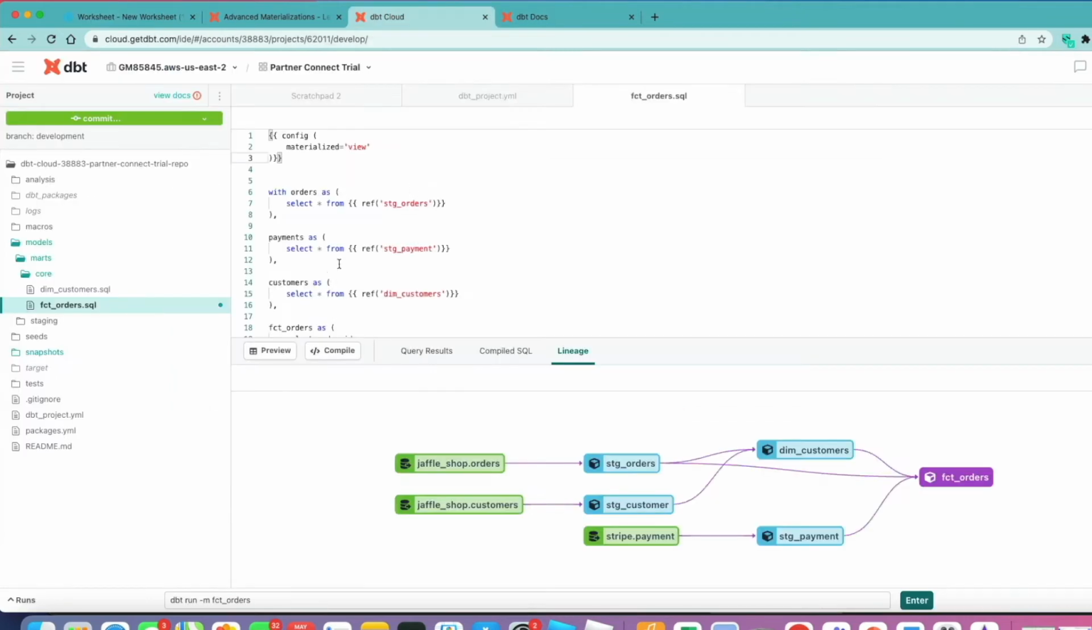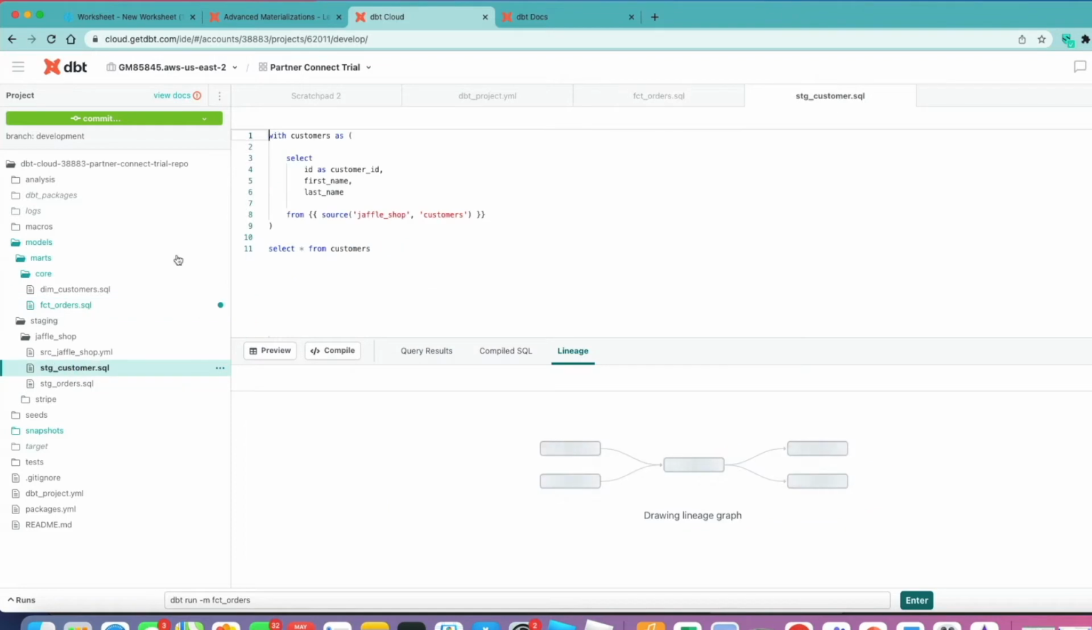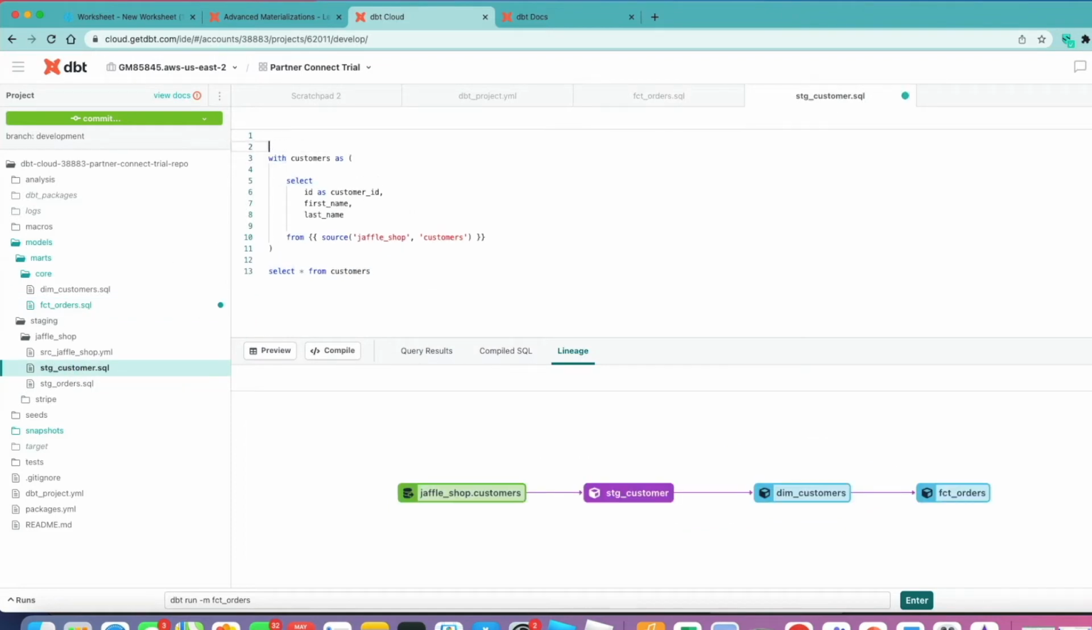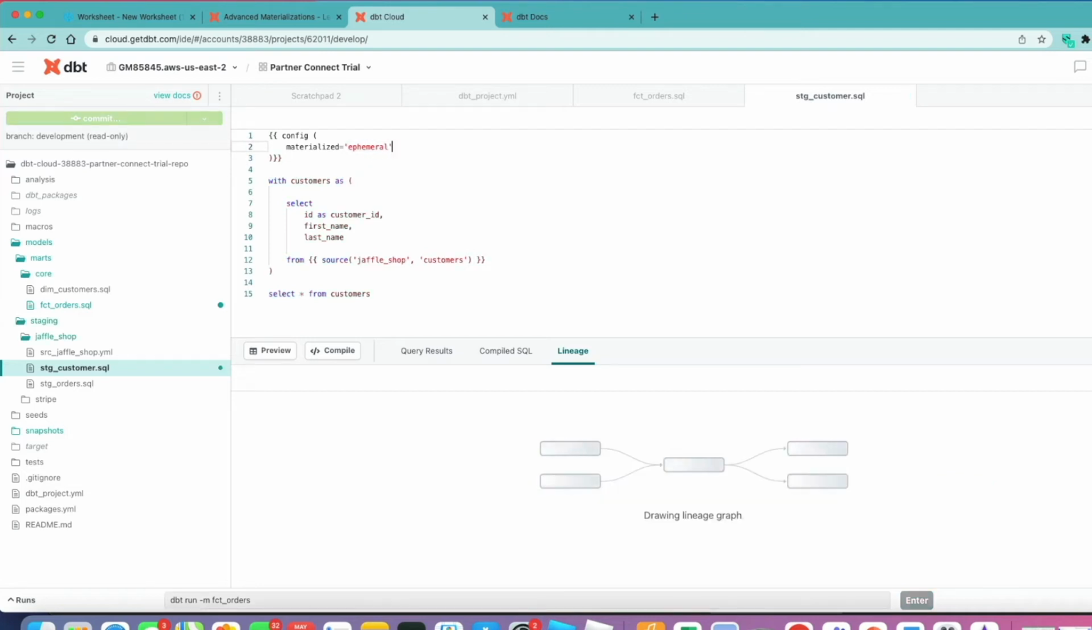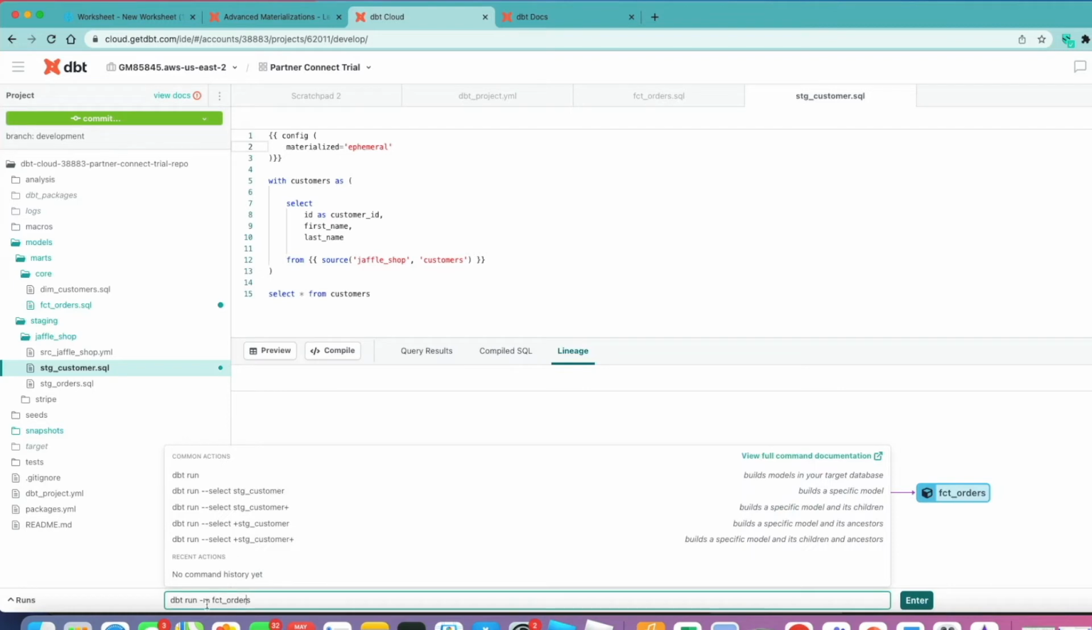So next I want to show you the ephemeral model, and to do that I'm actually going to go into our staging area and I'm going to choose our stage customer model, and again I'm going to use a config block to override the global behavior. Exactly the same as before. I'm going to click save. In this case I'm going to run